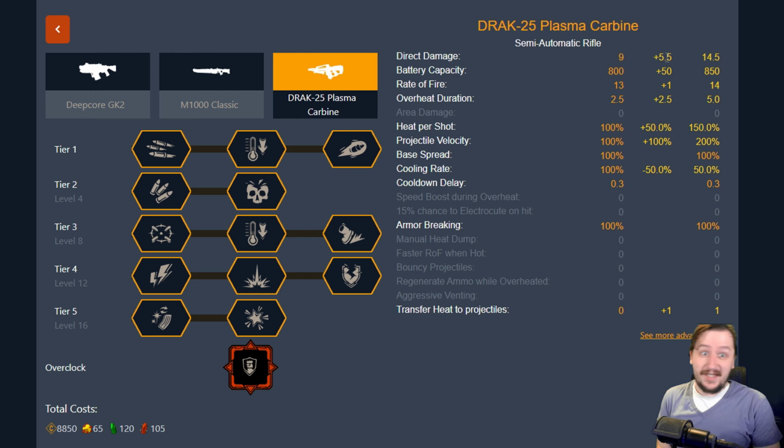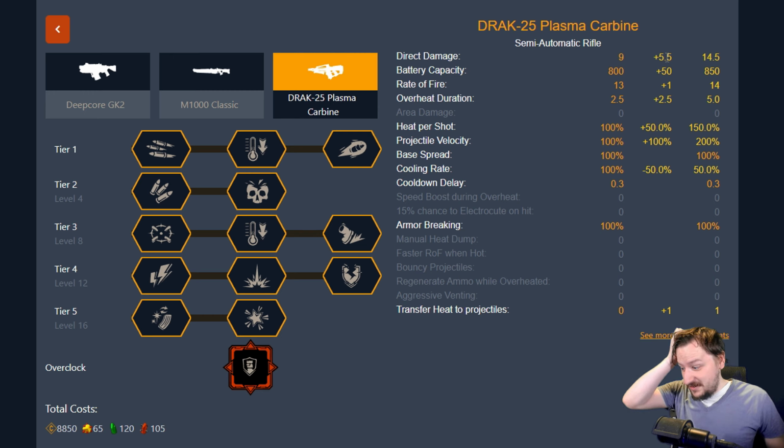Your overheat duration is doubled now, so it takes 5 seconds to wait for the overheat. That's a pretty long time. Heat per shot is increased by 50%, so again, overheating. Your velocity is increased by 100%, and your cooling rate is lowered by 50%. This one seems like it has potential and can be good, but the likeliness of you getting to use it constantly is extremely low. Even in solo, I haven't found this one to be incredibly useful compared to the other Drak-25 overclocks,